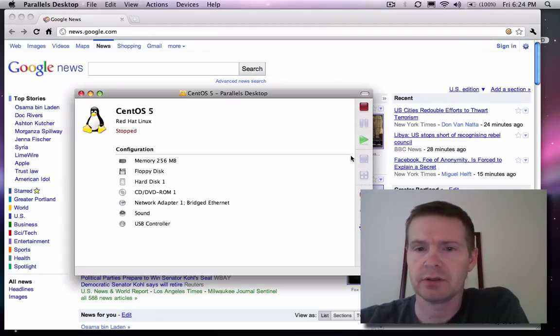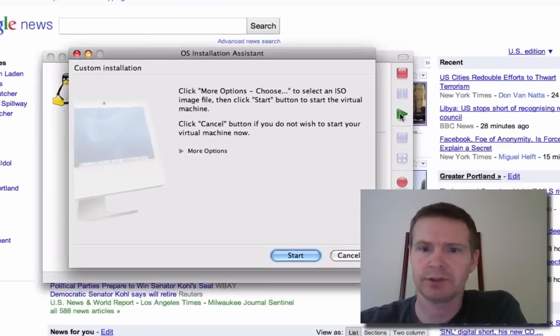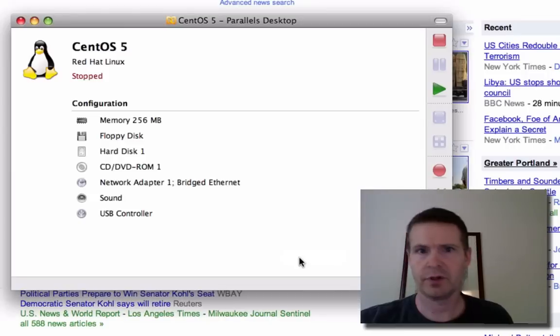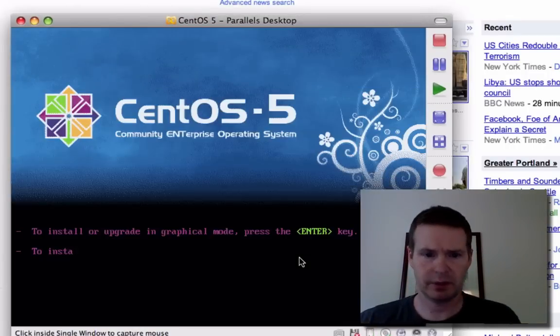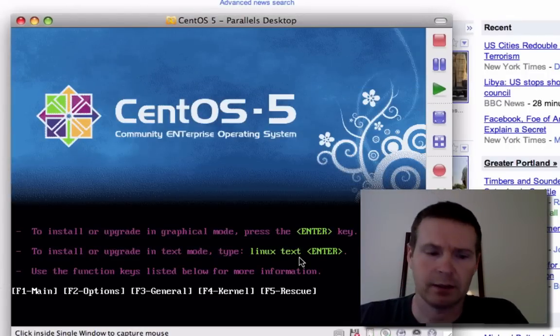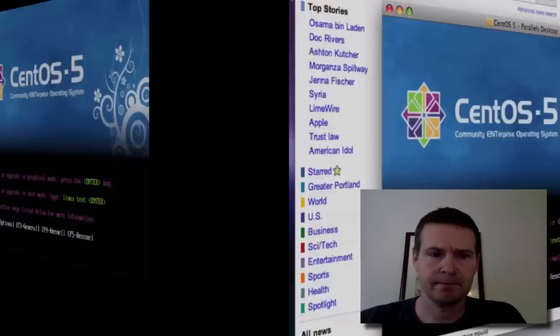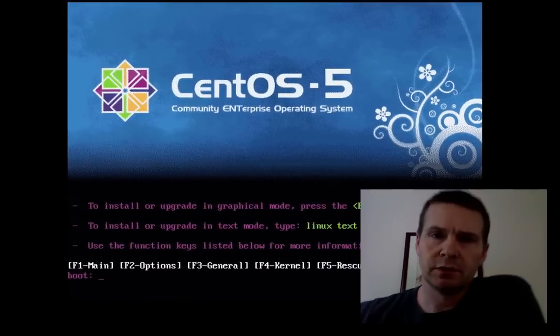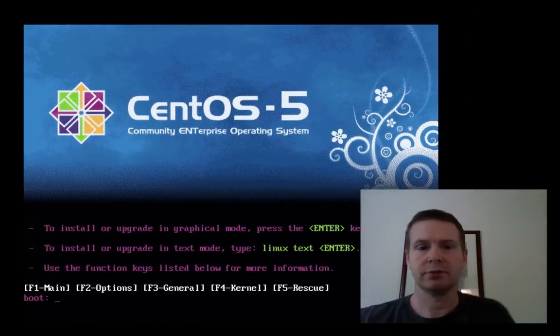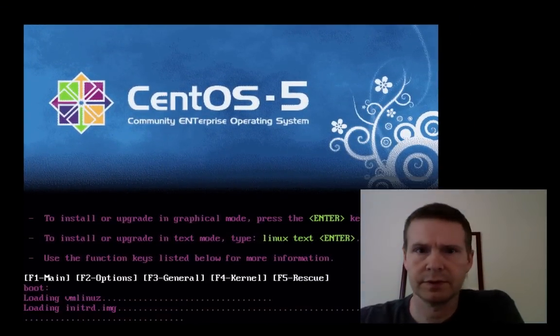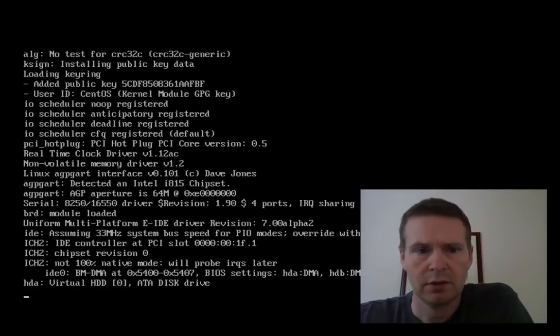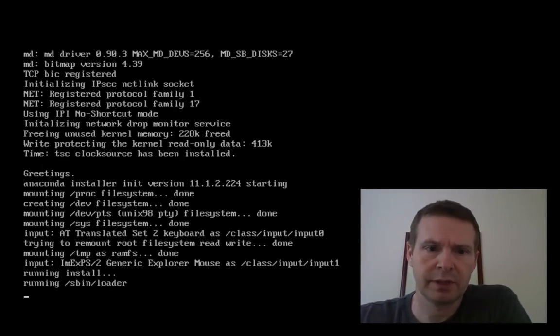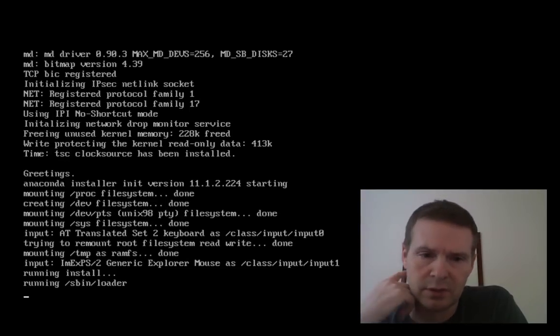Hey, Mr. Lin here. I'm going to show you how to install CentOS 5. I'm running it in a virtual machine on a Mac right now, but this will show you how easy it is to walk through. I'm just going to do a basic installation. Yours might be a little bit different, but for the most part, I've downloaded the DVD ISO, and